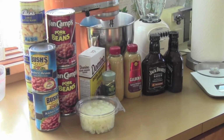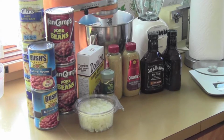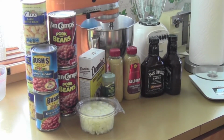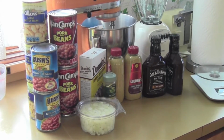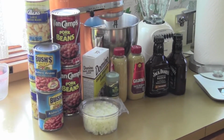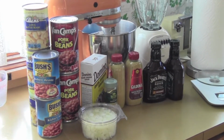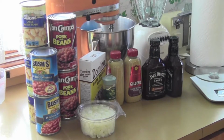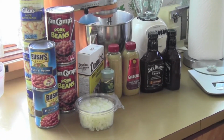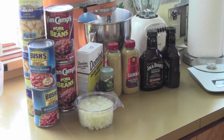My recipe for Prospect Hill's baked beans calls for 2 large cans of pork and beans, Van Camp's or Campbell's or whatever other brand. I've had good luck with both of those brands. And light red kidney beans, 2 regular cans, and 3 regular cans of large butter beans, along with 2 tubes or bottles of brown mustard,